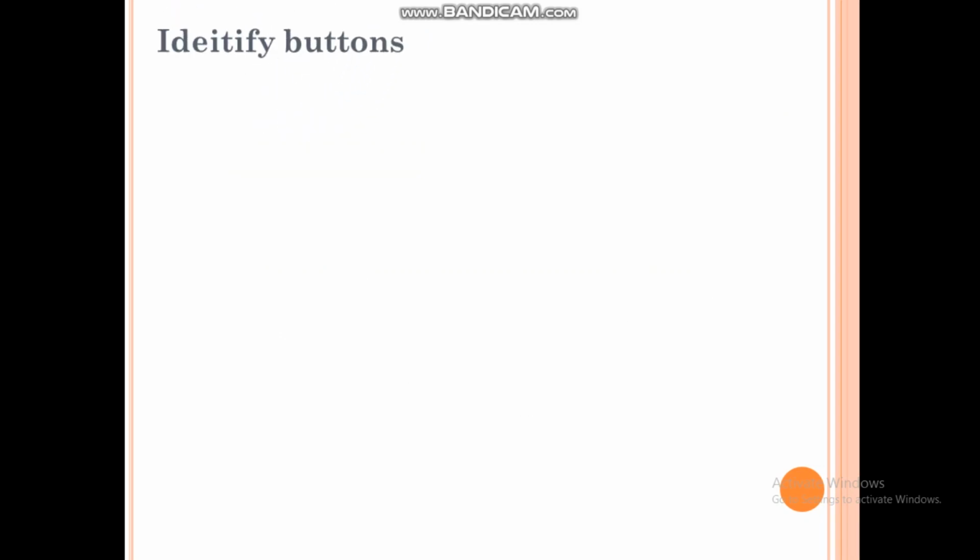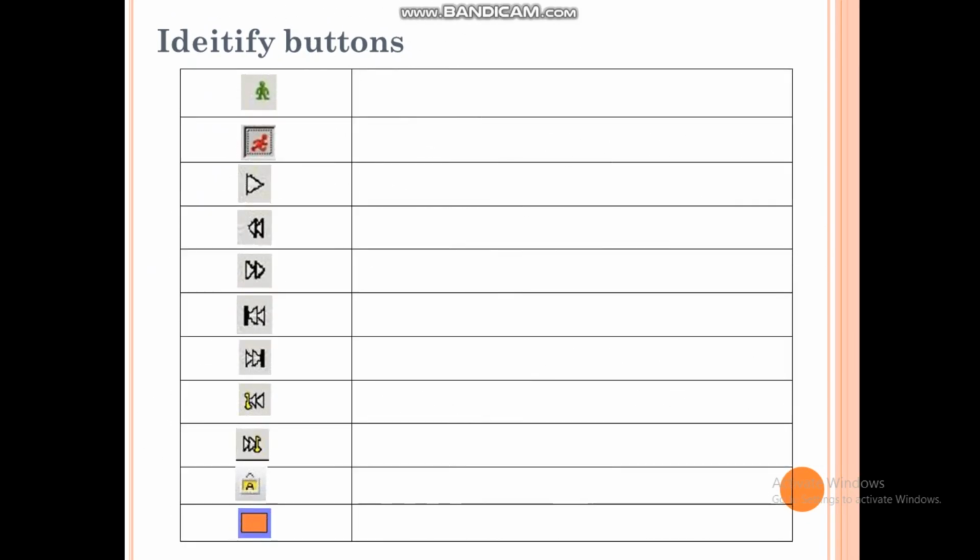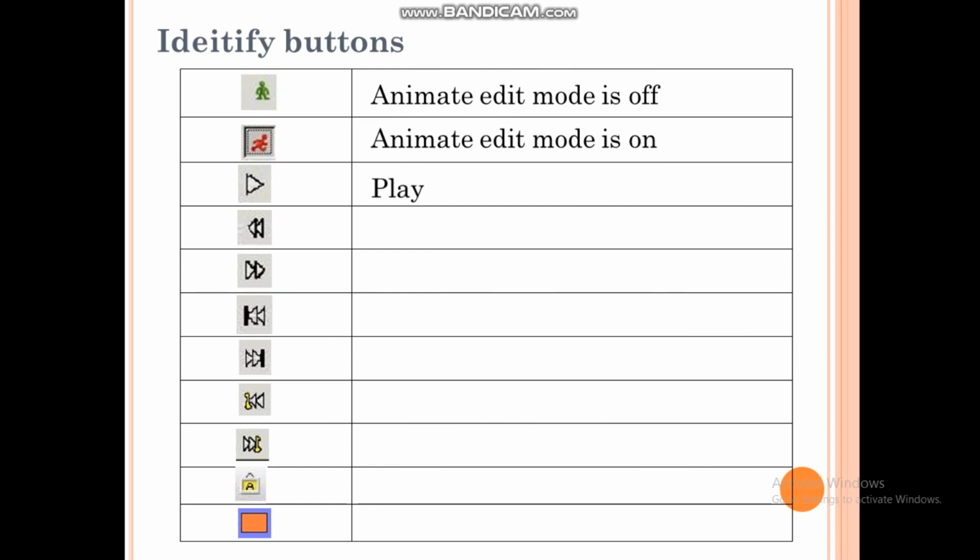Now we will identify a few buttons. Which is the first button? This is known as animate editing mode is off button. Then the next is animate editing mode is on button. This is play button.